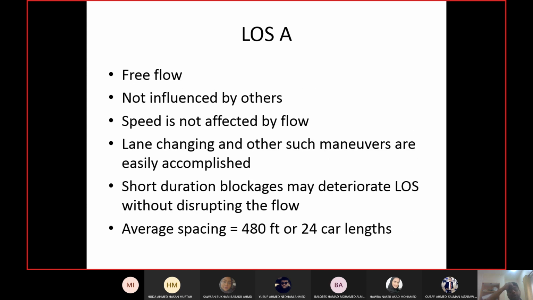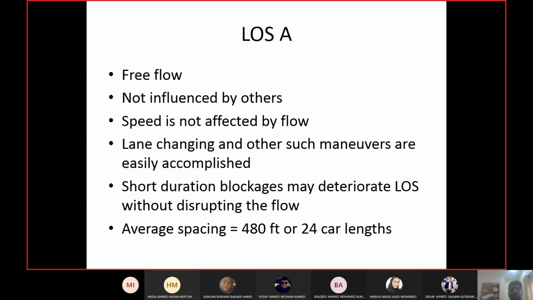Okay, now I've already given you a one-line description of each level of service. Now I will give you a more detailed description of each level of service. So level of service A means free flow conditions. You have so much spacing, you and the other drivers, that you are not influenced by them. Okay, you are selecting the speed yourself as per the free flow design of the road.